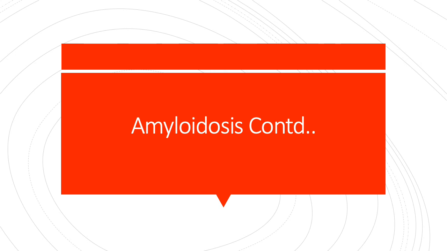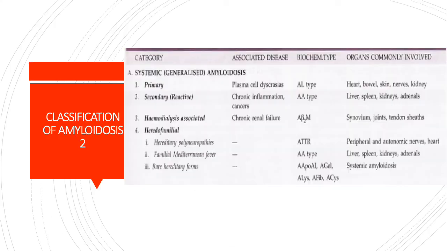Okay, now we'll continue with amyloidosis classification. As I mentioned, amyloidosis can also be classified as primary and secondary amyloidosis. So, under systemic, the primary would be plasma cell dyscrasias, AL type. Secondary would be any background of chronic inflammation, where amyloid associated protein is seen, and the organs commonly involved are in